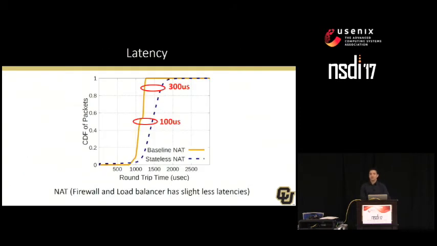We expected that we would be able to overcome the challenge with the throughput, but latency is the biggest concern with decoupling. Shown here is our measured latency for NAT. The firewall and load balancer were similar, and results are all in the paper. We note that the 50th percentile has a 100 microsecond latency increase, and the 95th percentile has about 300 microseconds. A recent solution designed to reduce latency reported about 300 microseconds. So we align with that.